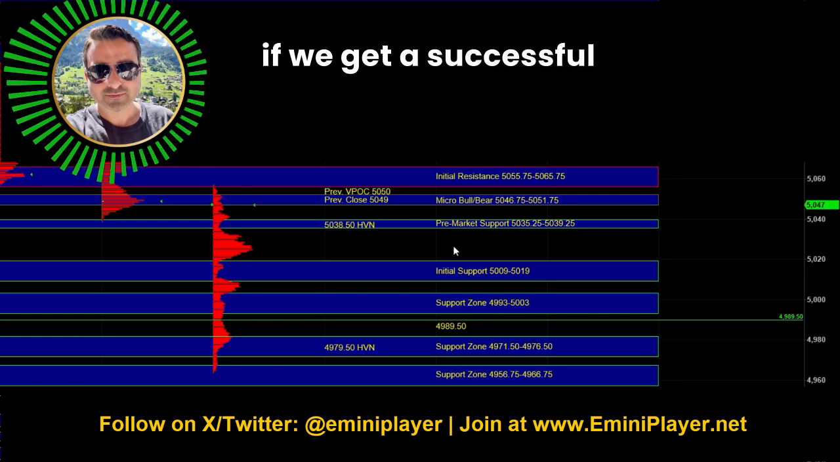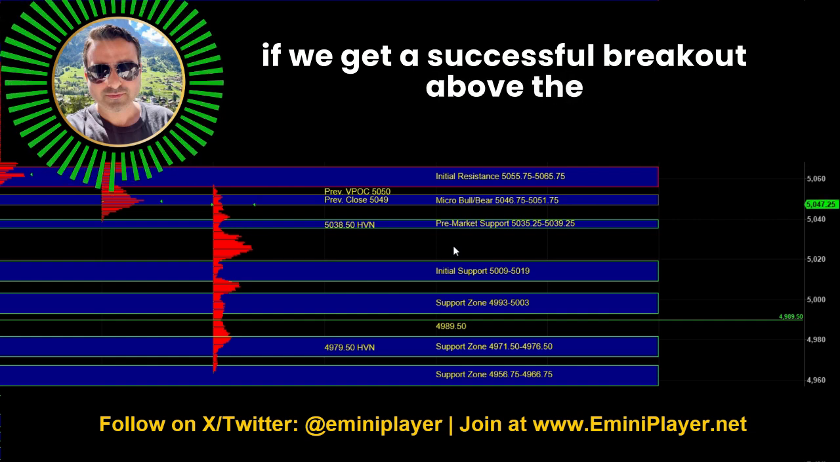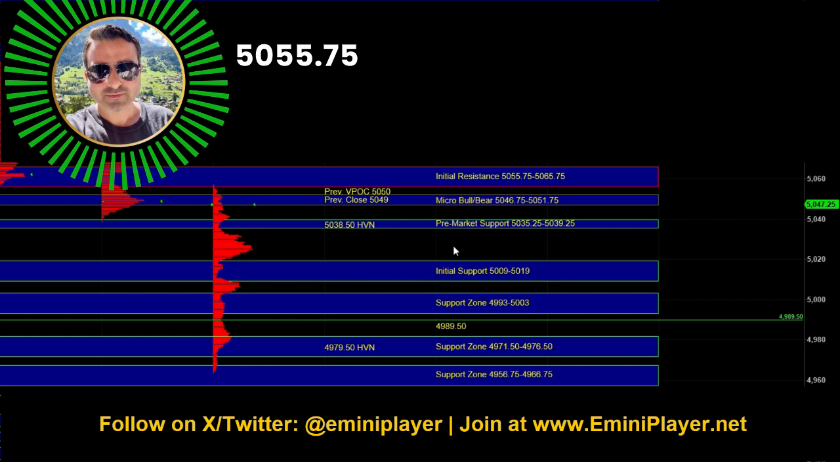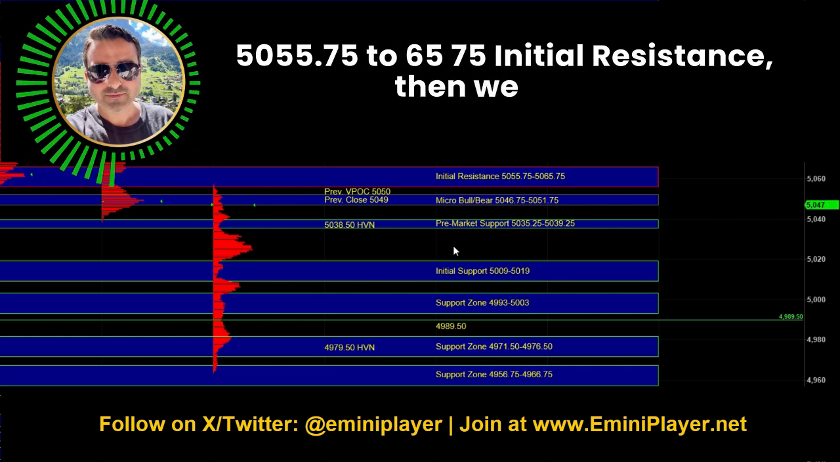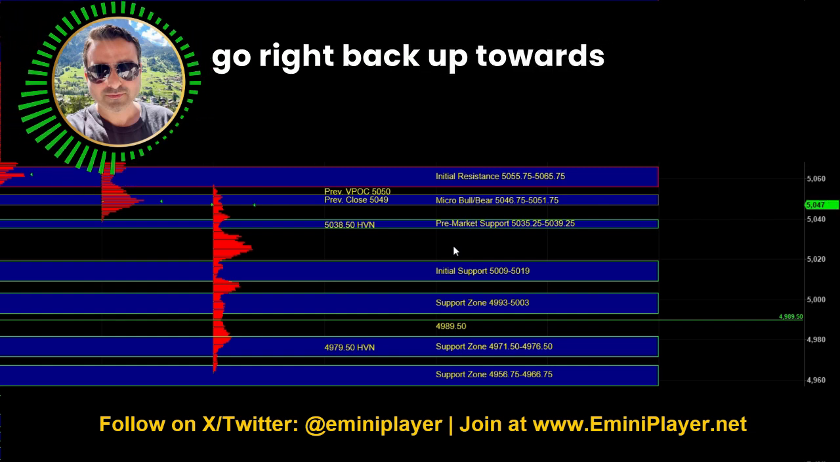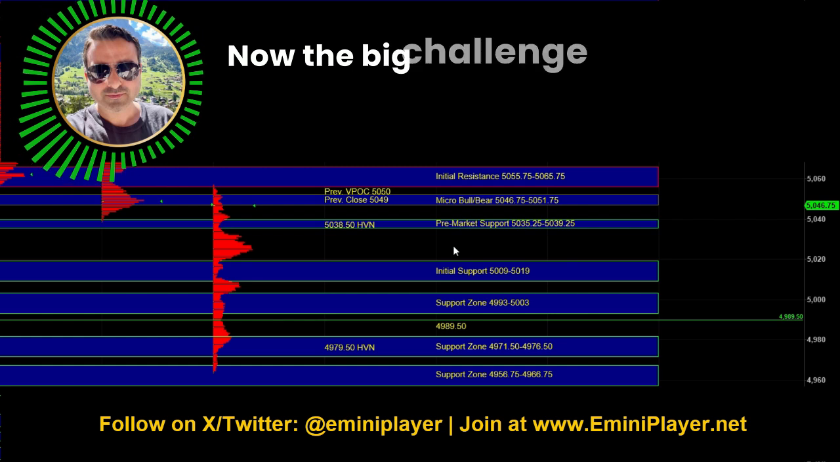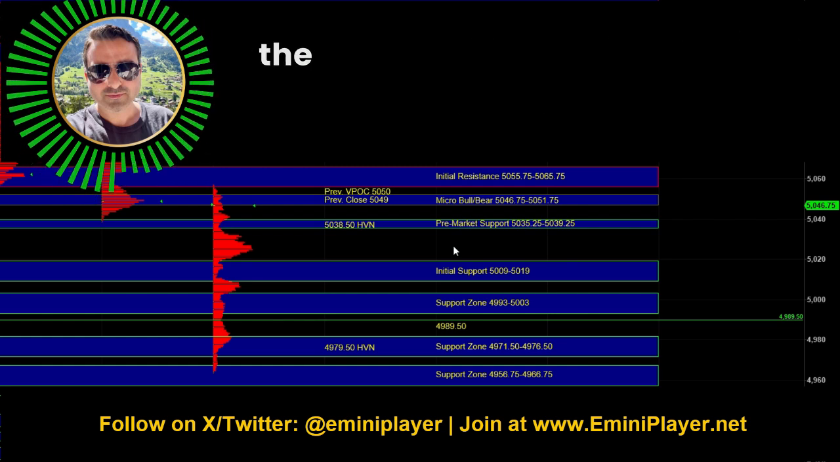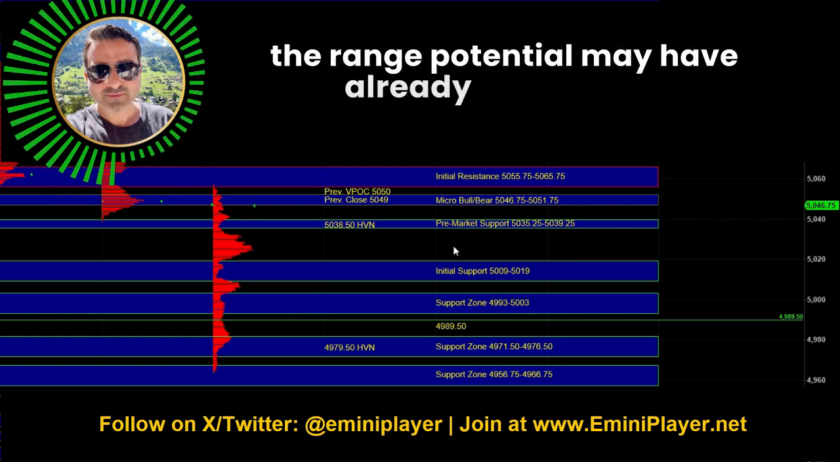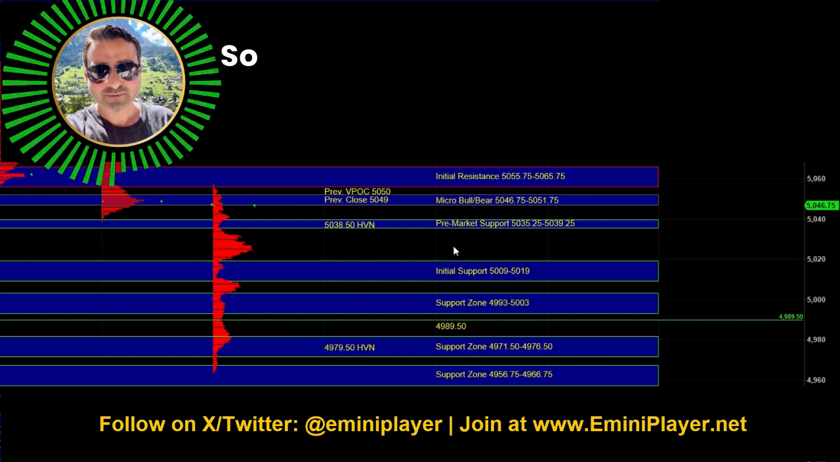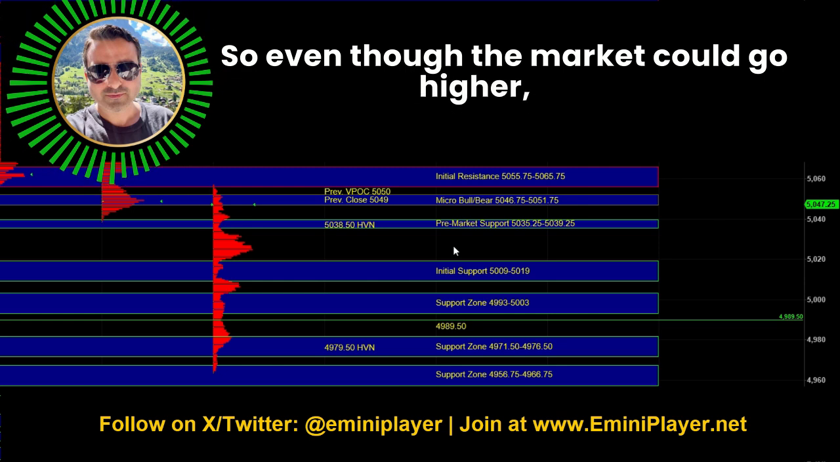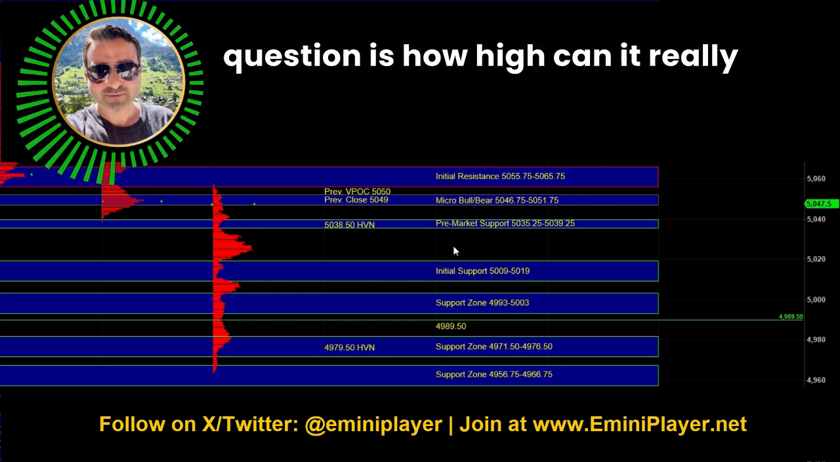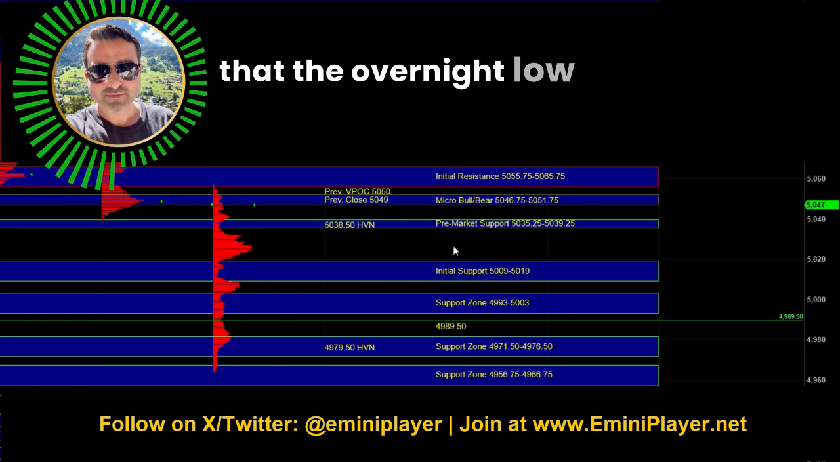And if we get a successful breakout above the 5,055.75 to 65.75 initial resistance, then we could go right back up towards yesterday's high. Now the big challenge today is that majority of the range potential may have already played out. So even though the market could go higher, the question is how high can it really go, given that the overnight low is at